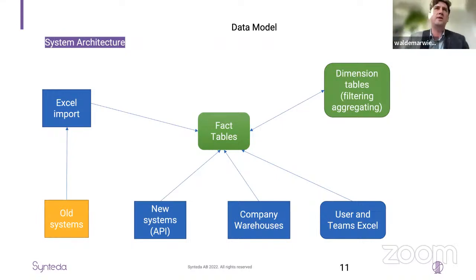But sometimes we are not in such a good position. The companies have some old systems, which work very well. They were very expensive. There was a lot of effort to introduce them, but they are old. It means that sometimes it's difficult to get data from them because they don't have a good import mechanism. Very often they have a possibility to export data to old Excel files. And we can import these Excel files into our data model.